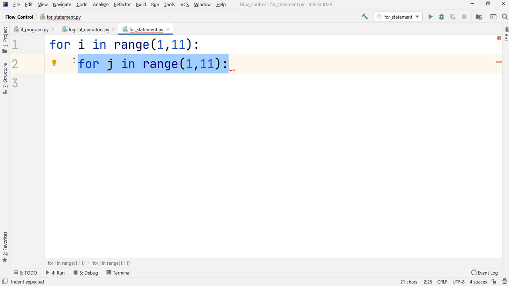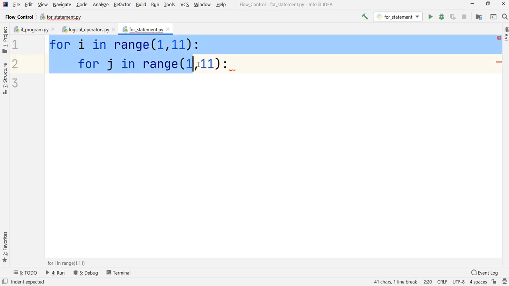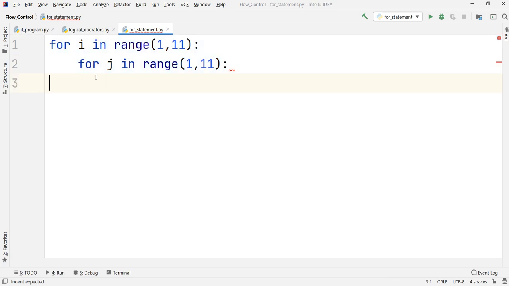This is called nesting of for loops. There is one for loop inside the other for loop, but be very careful regarding this indentation. If you remove this indentation, they will come on the same line, which we don't want. We want one for loop inside the other. And why do we want that? Because we want to create those number tables. So let us create that first and then we will understand it more.